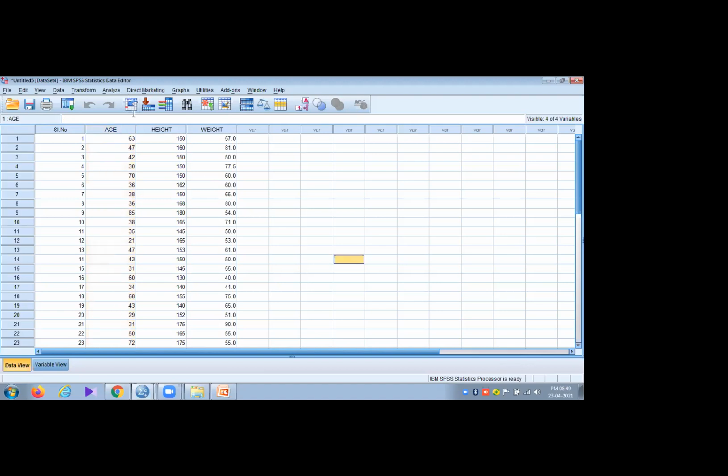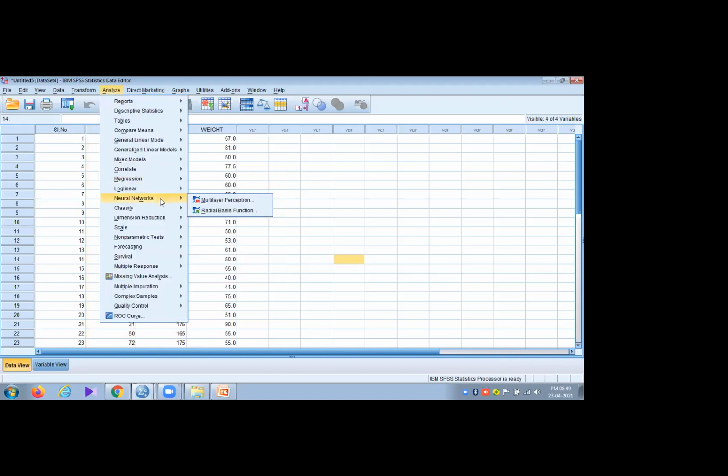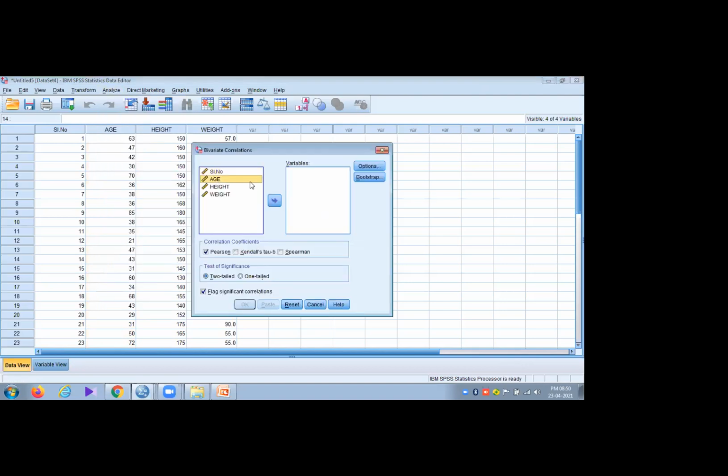Suppose we are comparing age and height. Then how we do the analysis is: we go to Correlate, Bivariate, and select age and height. Here is the data. Now we should select the Spearman option and click OK.